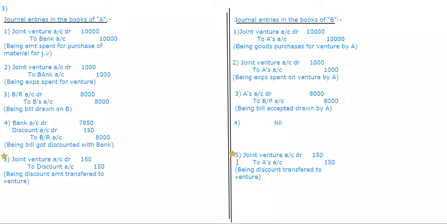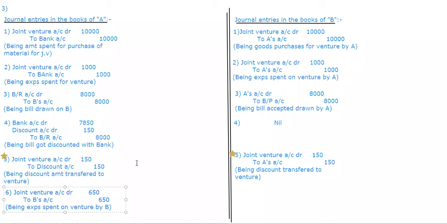So keep that in mind. Then next, B sold timber 16,000. He has spent expenditure. First we'll take the expenditure, then the timber sold. So this is the next entry. What is the sixth entry? B has spent expenditure. So joint venture account debit 650 he has spent. Now these are B's expenses, so that's why we'll take B's name, 650. So being expenses spent on venture by